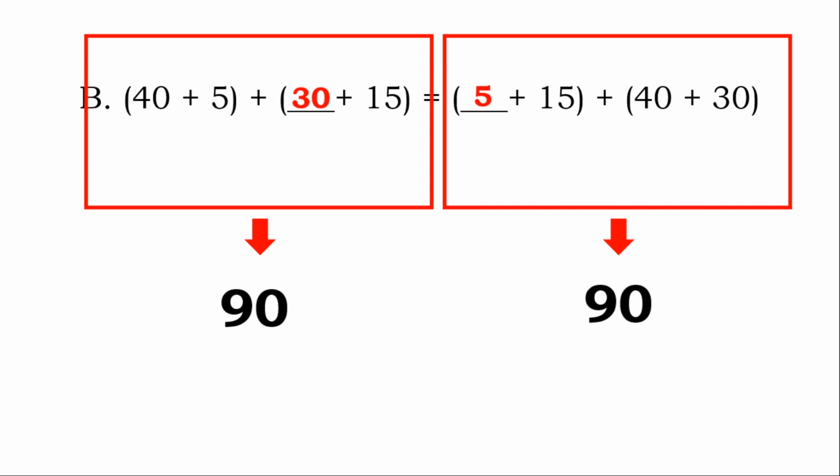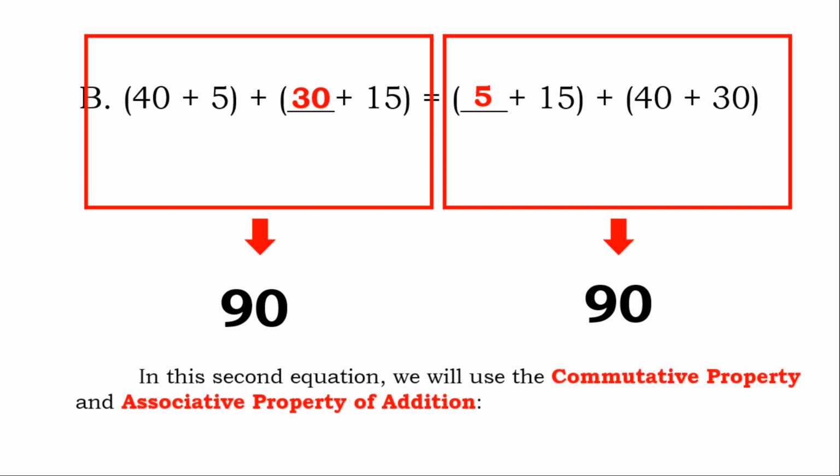In this equation, we will use the commutative property and associative property of addition. These are the two fundamental properties of addition in mathematics. The commutative property is also known as the order doesn't matter property. It states that the result of adding two or more numbers is the same, regardless of the order in which